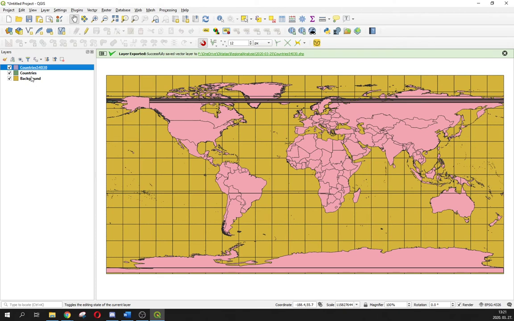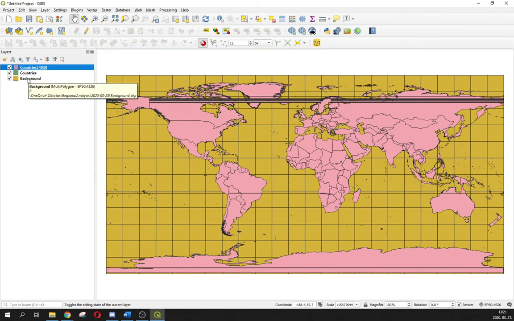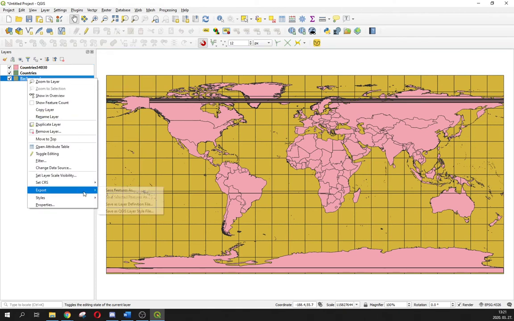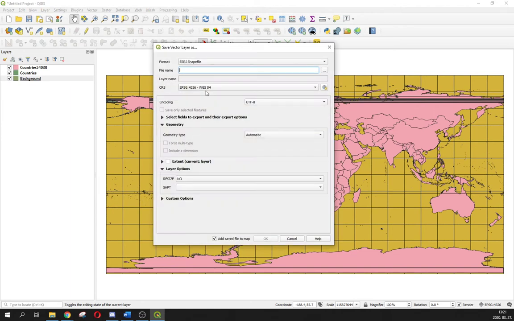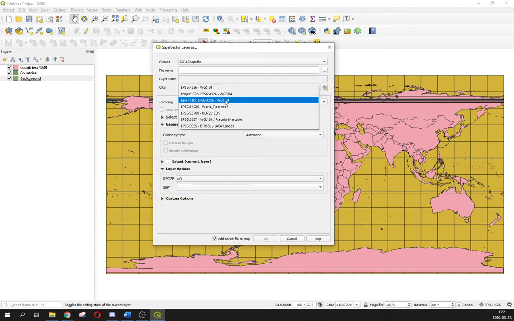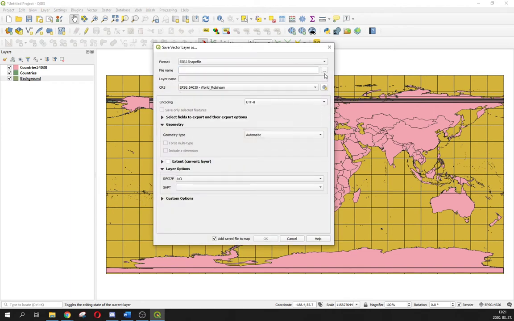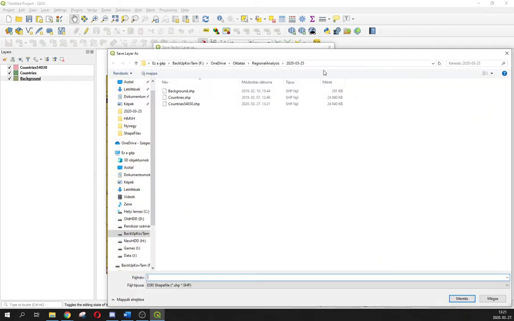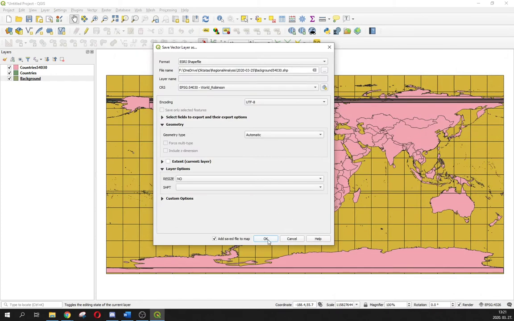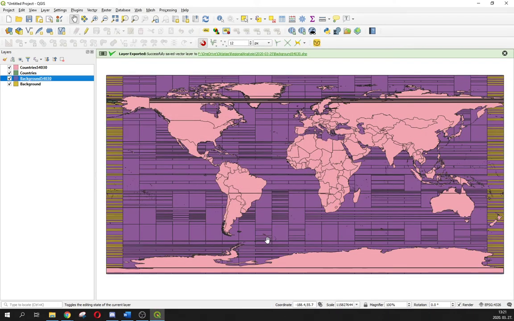And after that you should save the background layer as well to the World Robinson, and select the World Robinson projection and the browse button, and after that you should name it background 54030 and save and OK. And this is an awful view, but for